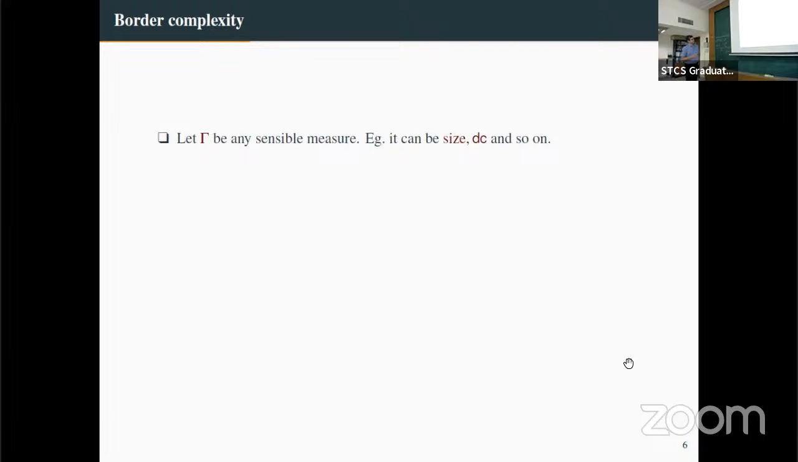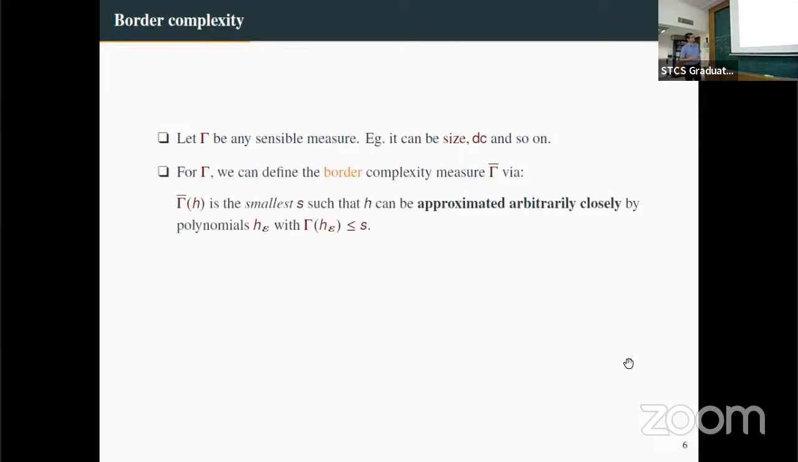So let gamma be any sensible measure. In this talk, it is either size of a circuit or dimensional complexity or polynomial complexity. And we define border, so we put a bar on that. The bar actually represents closure. So we call it border, but we can also call it the measure of the closure of a class, let's say VP bar or VNP bar. So we have a bar here for gamma. We can say size bar or DC bar of a polynomial H. This is the smallest size model which